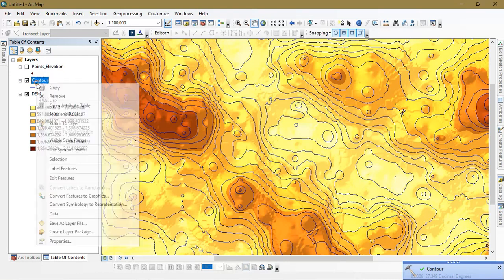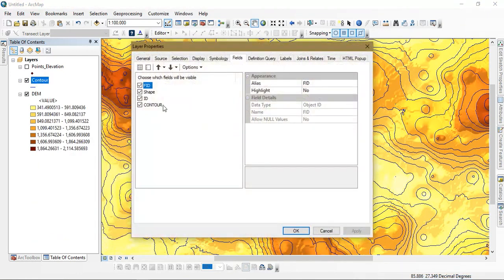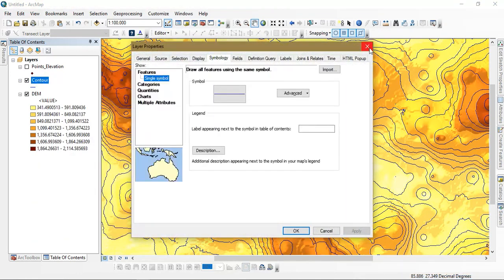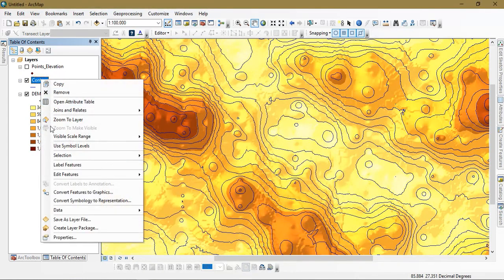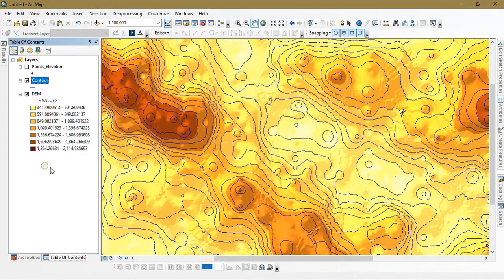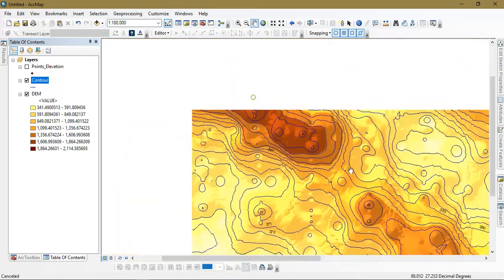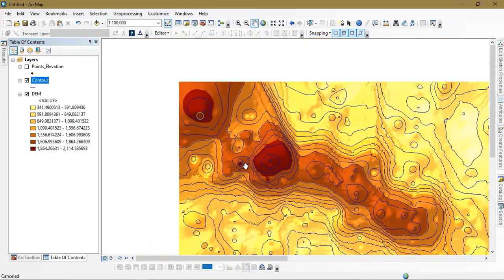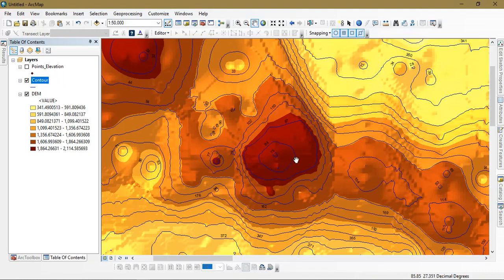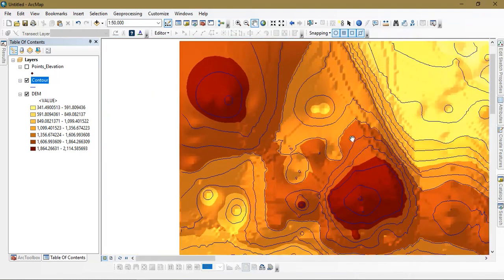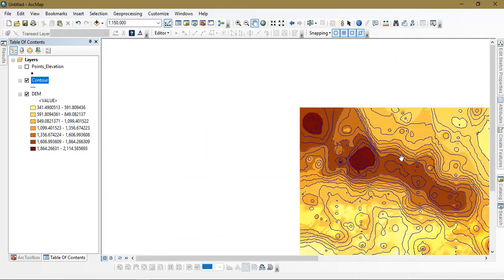So go to the option Properties. If you need, you can change the name, otherwise leave it as it is. You can see the contour has been created with the values.